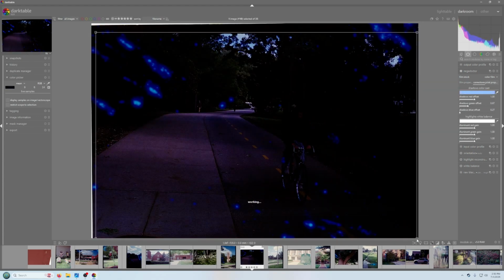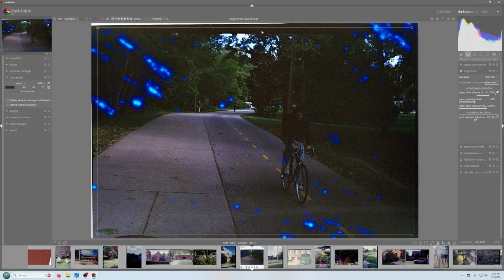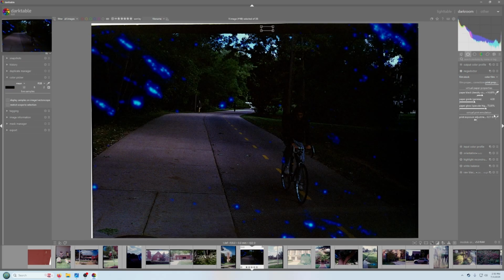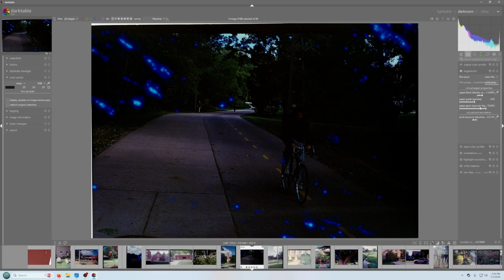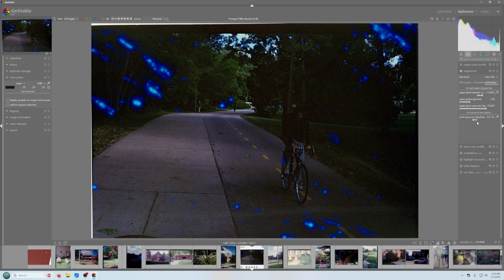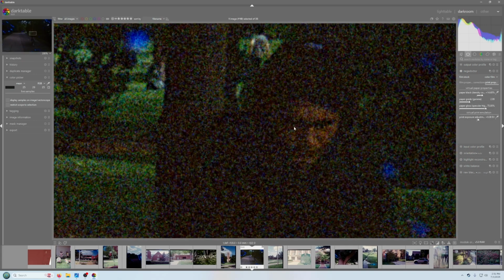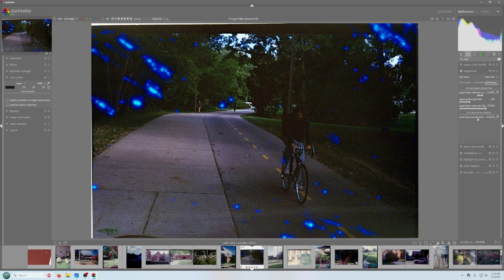We will set our shadows color cast and our highlight white balance. Set our paper black just to this. Set our print exposure adjustment there as a baseline, and we've already got a bit better of a result. I want a bit more detail here, so I will drop our gamma a little bit, increase our exposure, and then, well, this is really noisy, so